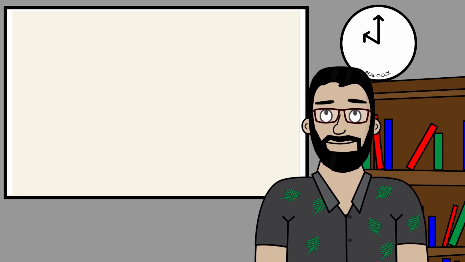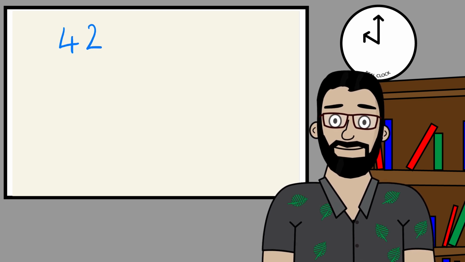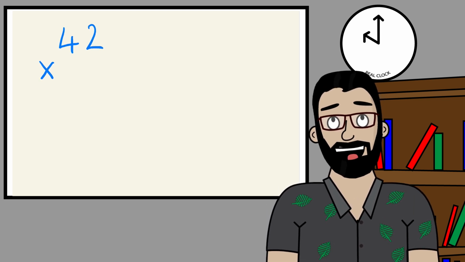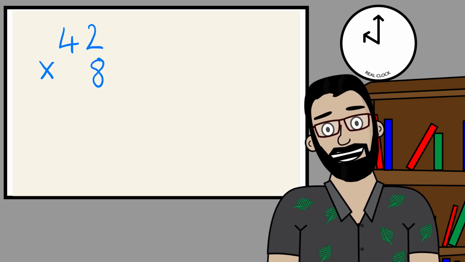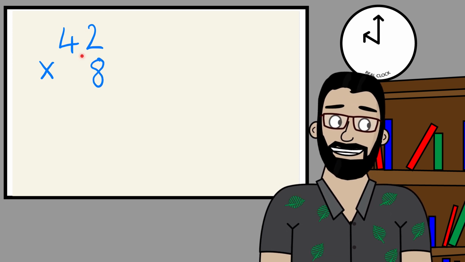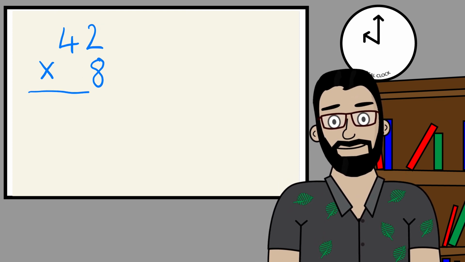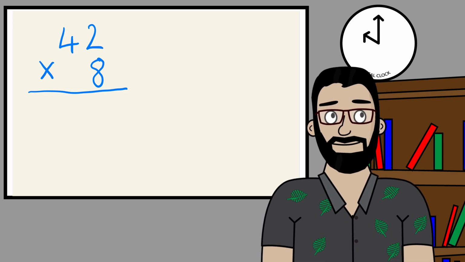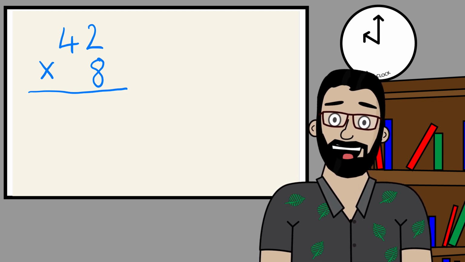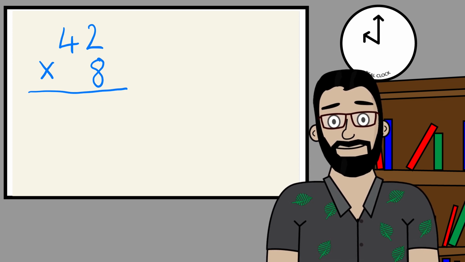So on my whiteboard right behind me, I'm going to try and write 42 times, let's go with 8. Now you guys should already know how to do this. So first of all, we've got to do this section here, the 2 by 8. So we'll put our line down, and we're looking at the units column at the moment. Now, of course, 2 by 8 is 16. So we put down the 6 down here,